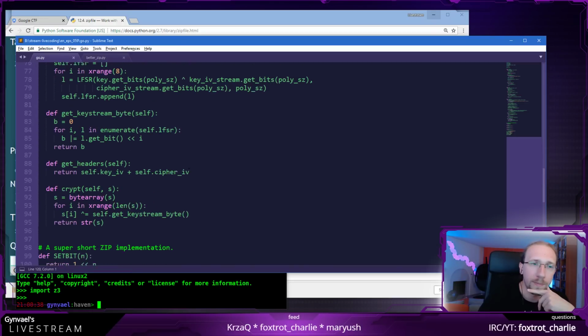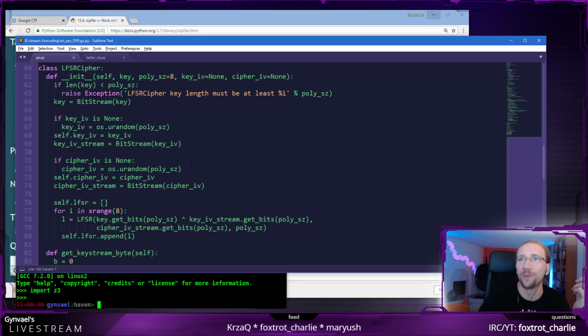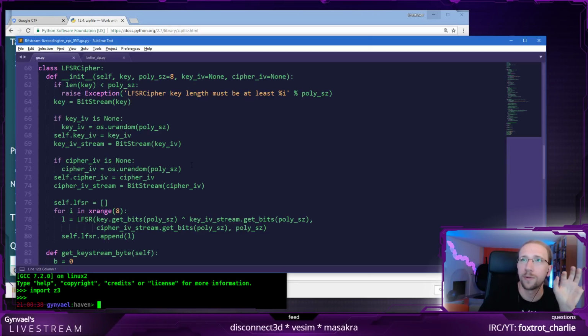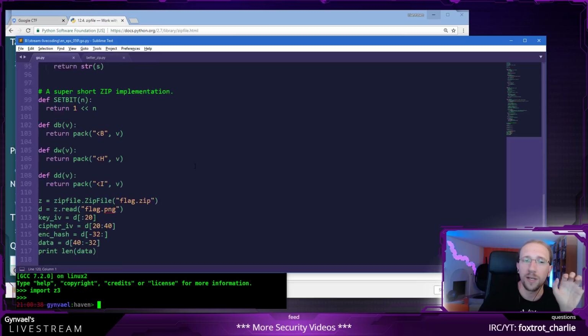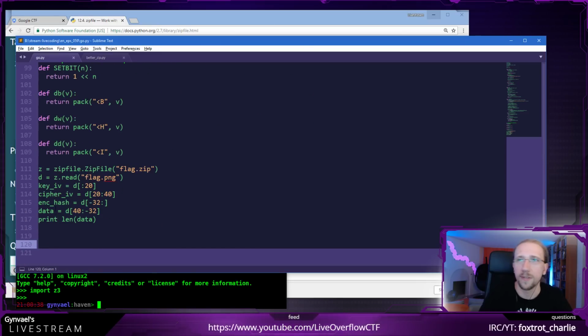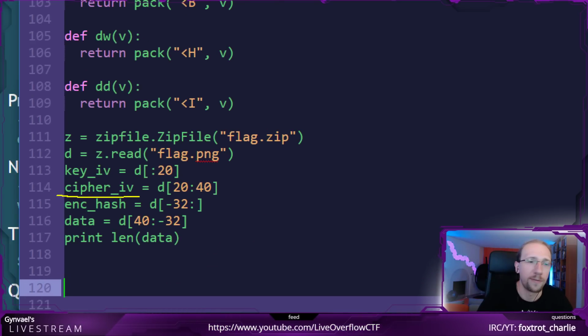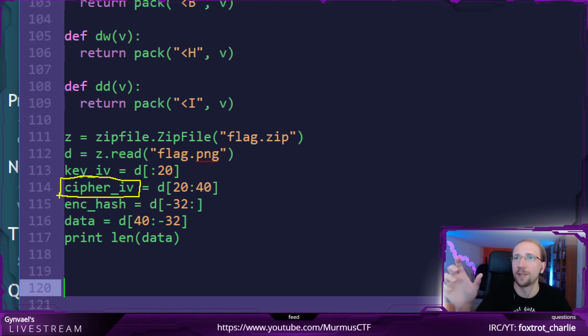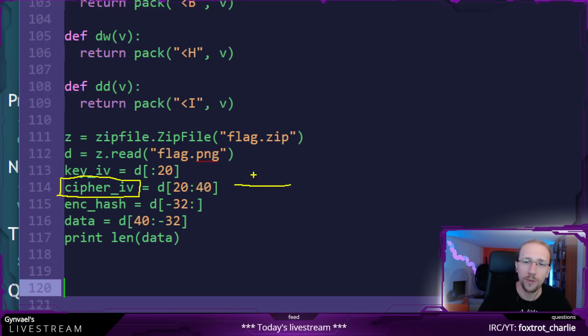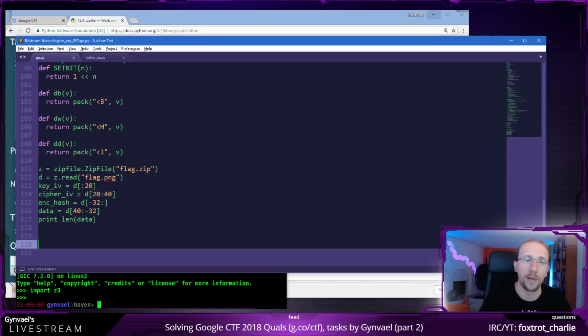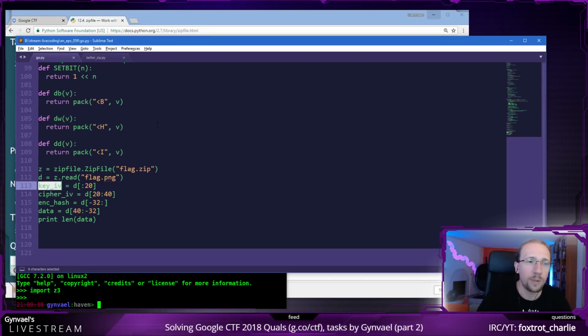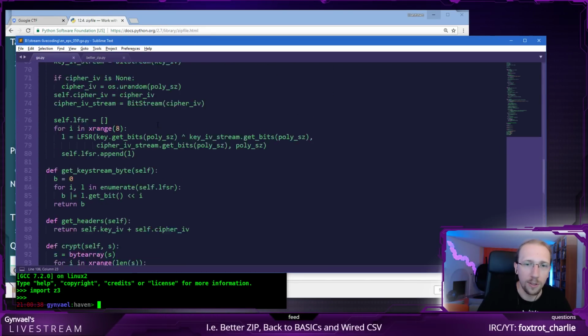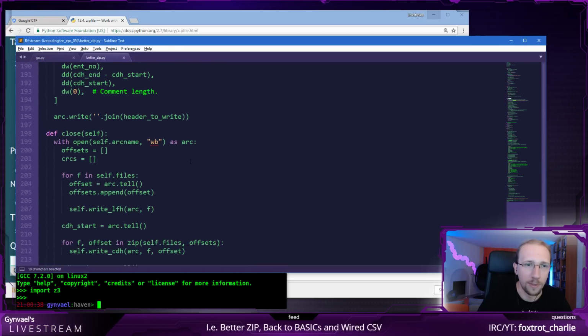So now what I can do is decrypt the first 20 bytes of the file. I can just decrypt it because I know the initial state of the register, because it's the cipher IV. This is just the first 20 bytes of a key stream, which is used for encryption. So I'm just going to use it to decrypt the first 20 bytes of a file. Now, if you're wondering what the key IV is, it was actually in the part I removed, I think.